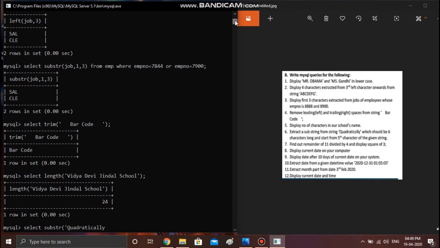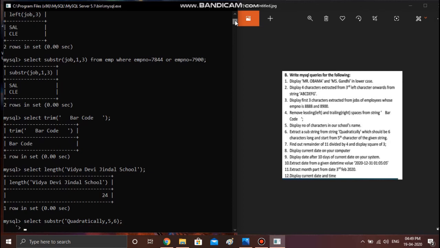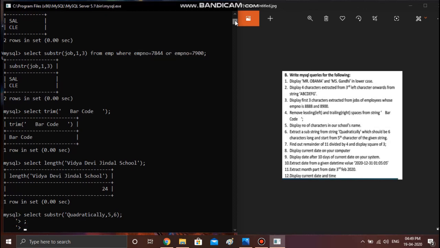So from the 5th character we have to write comma 5 comma 6. See your output. So here is the problem, I missed this single quotes, so I have to close it and then we will start it again.